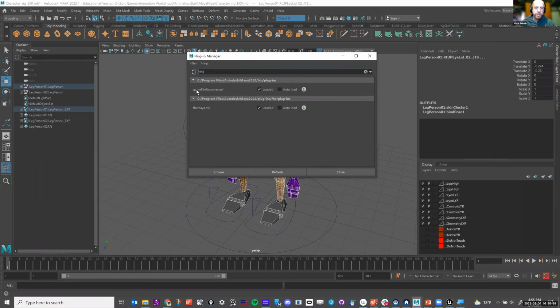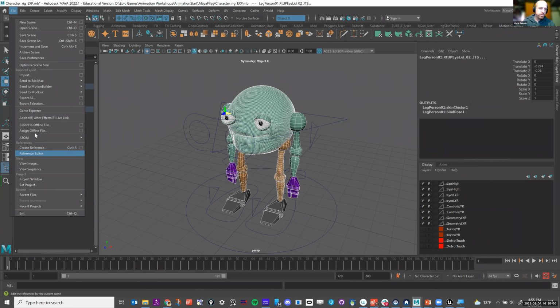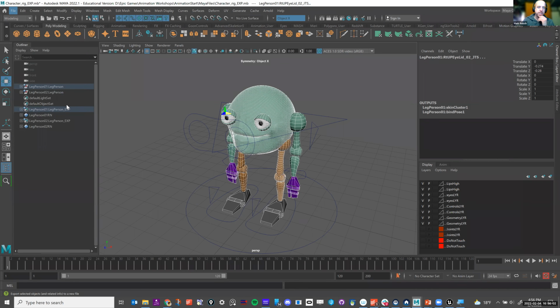Then you would want to turn on the game FBX exporter because we'll need that later. And then the FBX Maya mill, just turn that on, load that. Okay, so I have that on. I'm going to go to Export Selection because I don't want to export everything. I just want to export the thing that I have selected. And for that one, just click on FBX exporter.